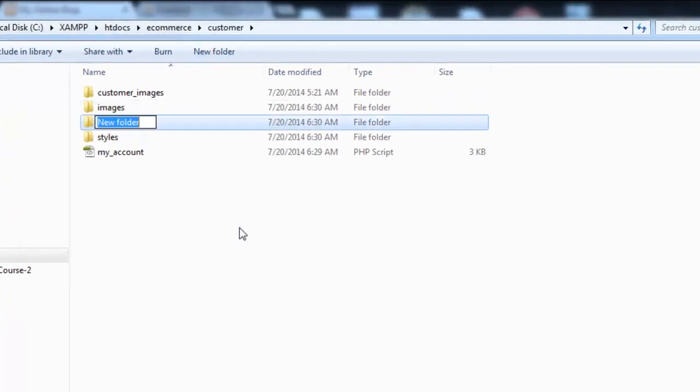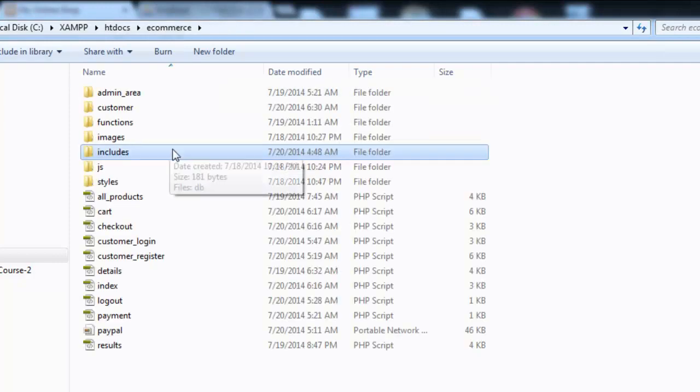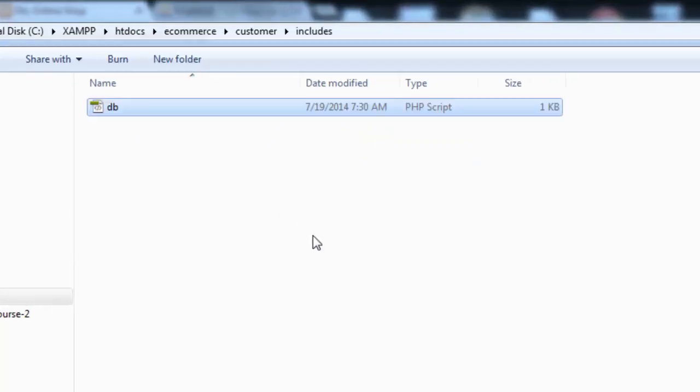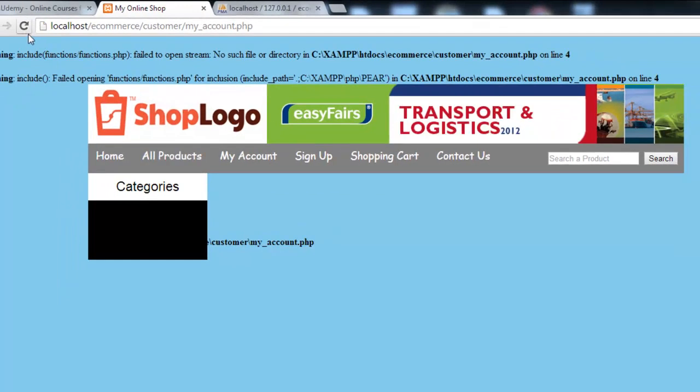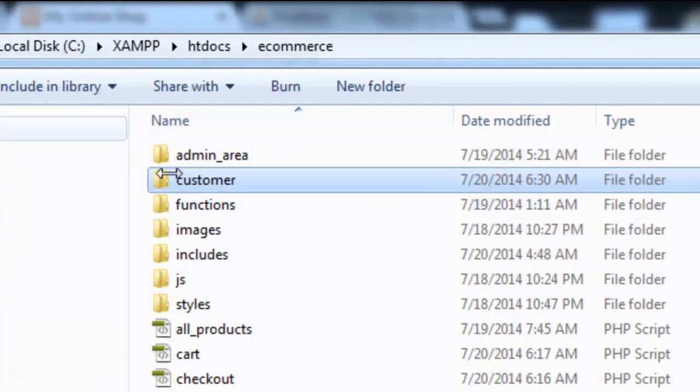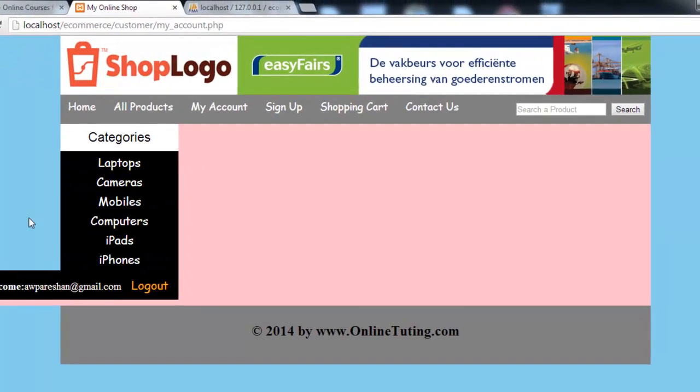we can create one more folder over here inside the customer folder called includes, where we need to put the database file as well. So the database is here. Now once again refresh. Functions. Okay, we need to put the functions folder as well. Just copy the functions folder from here using Ctrl C and put it in the customer folder. So refresh now and you see this thing,